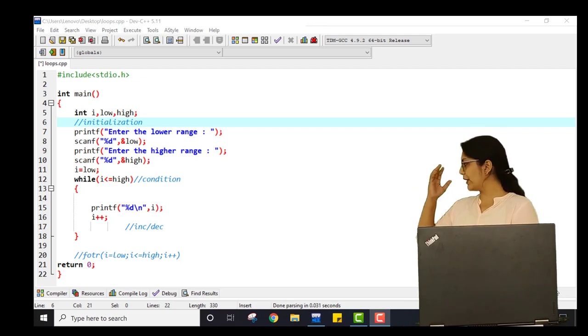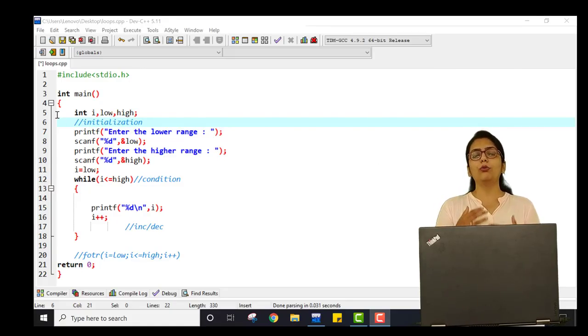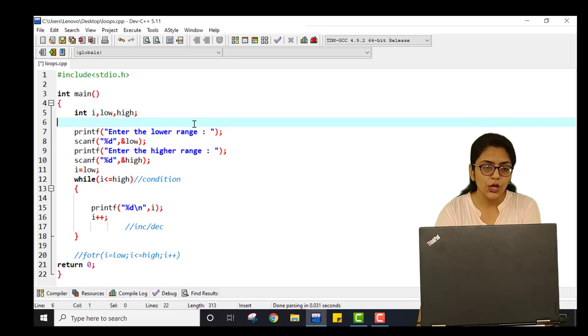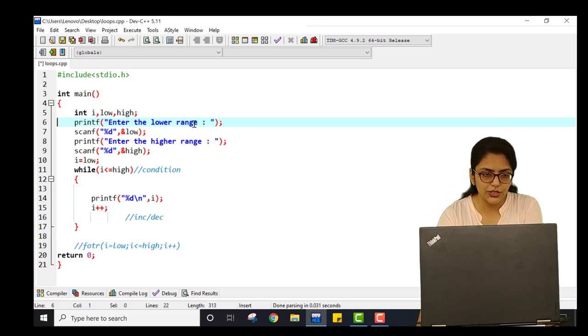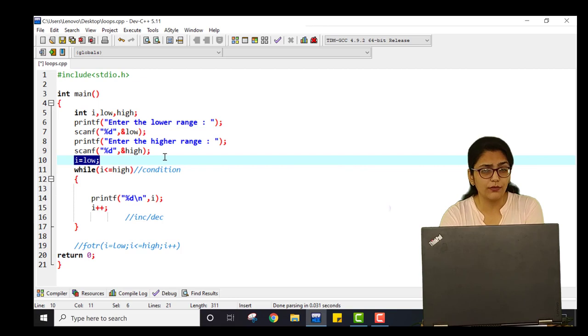So this is the program, you can see it over here, which we wrote for understanding the for loop and the while loop. Now I am modifying this program in order to show you how the do while loop works. For the do while loop, let me erase this initialization over here. I am taking values from the user, so I am using scanf for the higher value and the lower value, and this initialization will be common for the while loop as well as the do while loop.